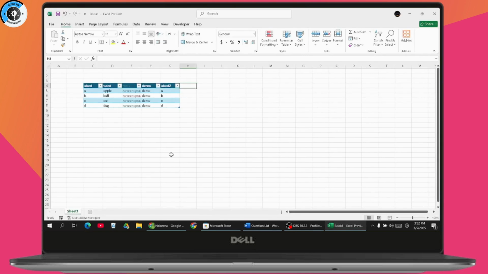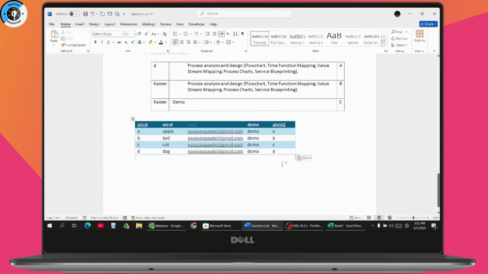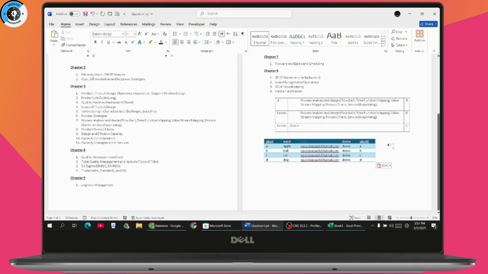And once you're here on the Excel, you need to just simply go and copy the table. After copying, you can go with your Word, and here you can paste that. Now, after pasting, if it is too long, like if it is going out of the box, then what you